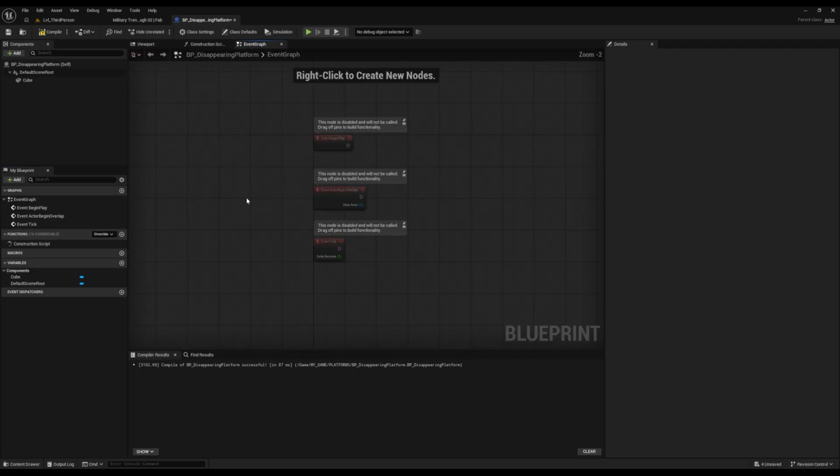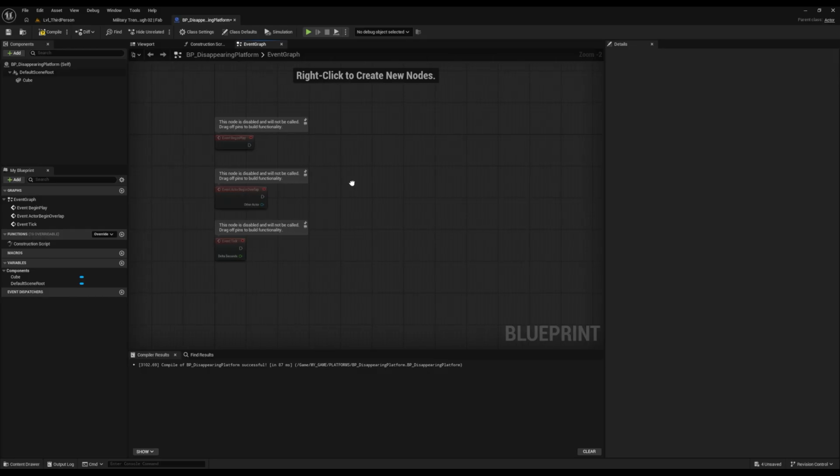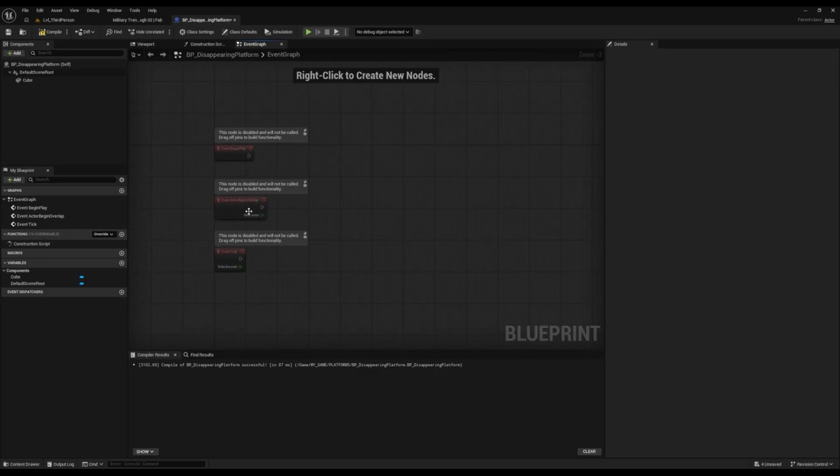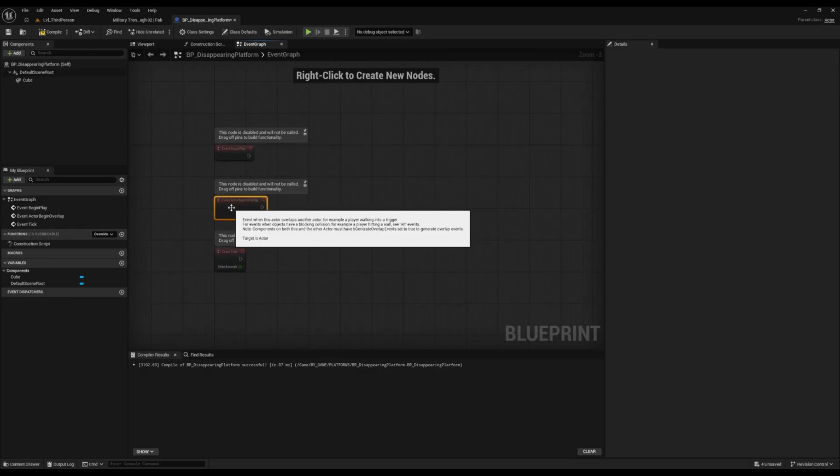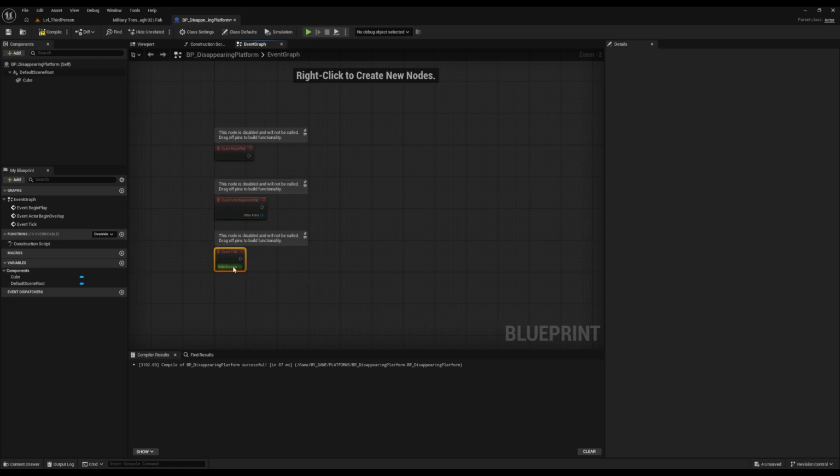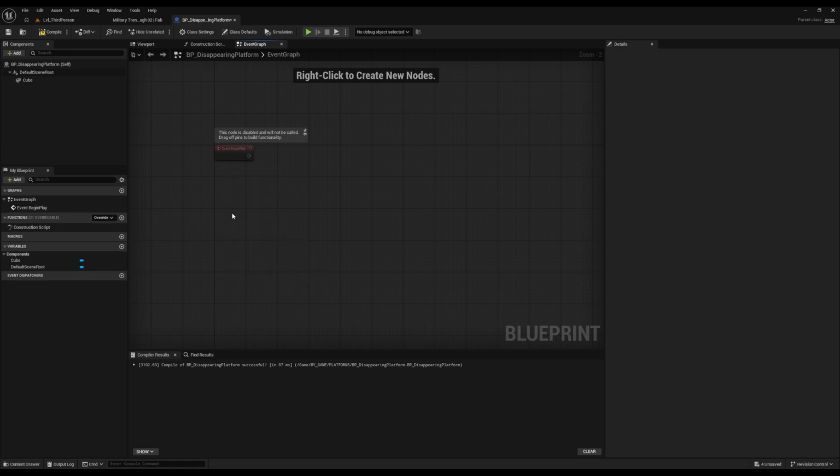And speaking of code, here is the event graph where we'll build this code. You'll see actors can overlap your object. You can go with the tick of the game. I'm going to delete those, because when we begin play is what I want to happen. So on our object, when we begin play,